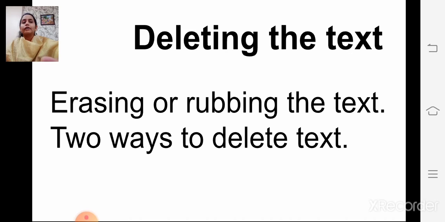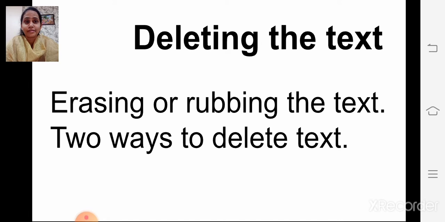Next we will see deleting text. Deleting means rubbing, erasing. How do you erase in your notebook? You use an eraser. But in the WordPad file, when you want to erase something that is wrong, what will you do? Will you use an eraser? Eraser is not there in the computer.